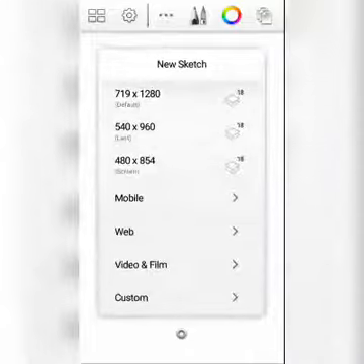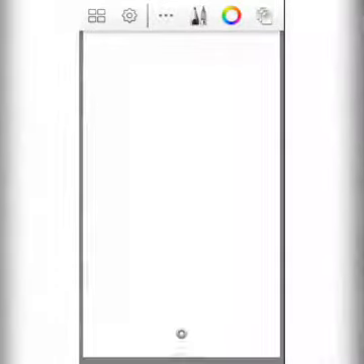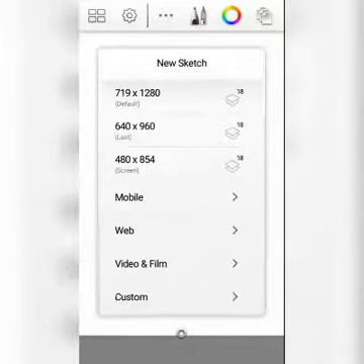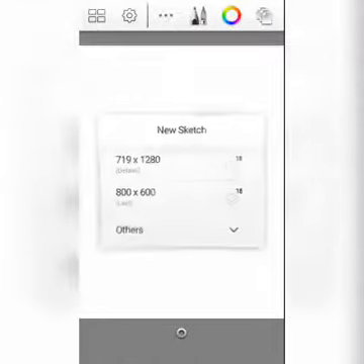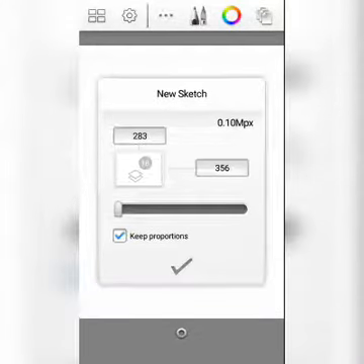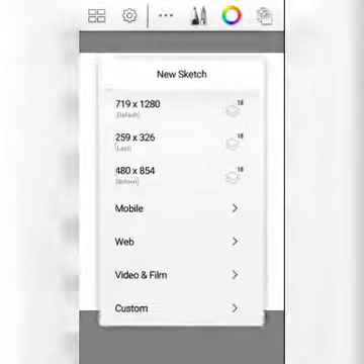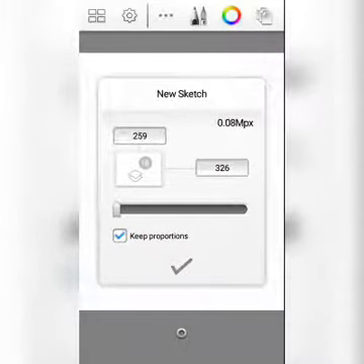Another size of paper. I can make use of all these other sizes of paper. So I can click on webs here. This one's another size of the paper. So firstly, consider your picture before you select your paper. So I can click on this and select my size. So this is a particular size. This is another size. And again, if you know the size of the picture you are importing, just enter